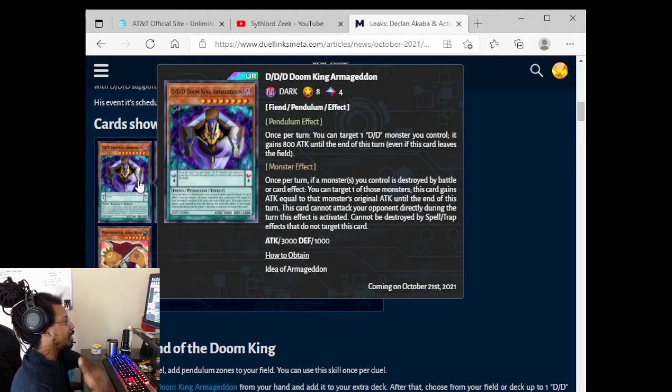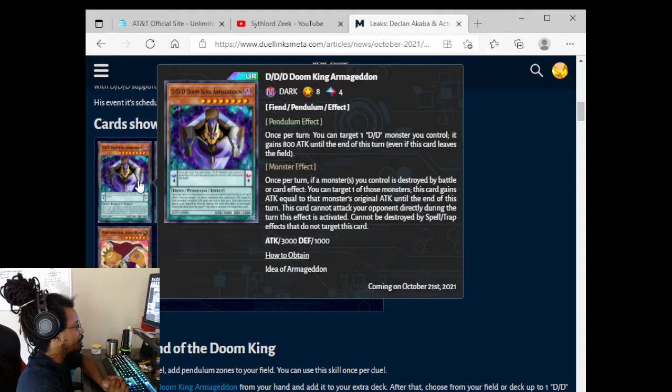How do I feel about it being an ultra rare? I feel like this being a level 8 ultra rare card means that maybe they may give us Kali Yuga, or they're preparing us for Kali Yuga with this, because it's a level 8, and Kali Yuga is a rank 8, and this card is the only card that I can see really going into Kali Yuga. So maybe they'll give us Kali Yuga, but maybe not, because Kali Yuga is an insane